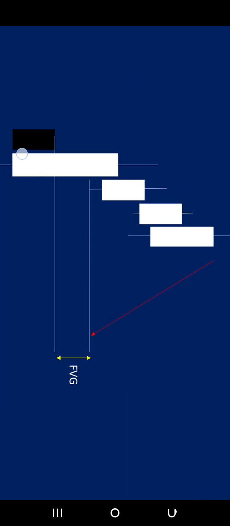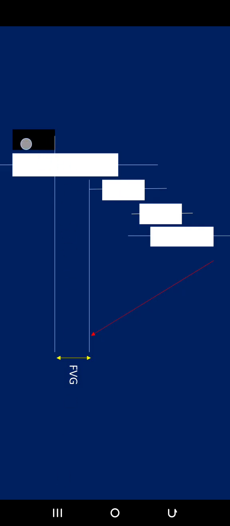This is a bullish price action, and you know that when price is going up, it simply means it is bullish. And when price is going up, or when price is being bullish, or bearish, what it does is it creates a gap in the market called a fair value gap. And what is that fair value gap? Fair value gap is your three candle pattern.